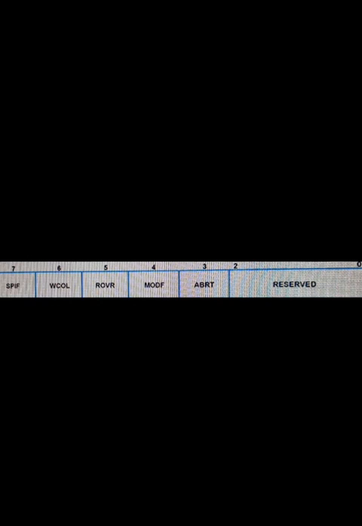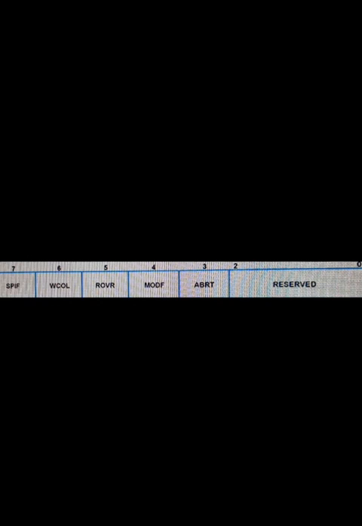Bit number 5 is the read overrun, that means ROVR. When the SPI read buffer already contains data to be read, and new data is received, but the available data in the buffer has not been read, then the newly received data will be lost, and the read overrun bit gets set. That means when this bit is 0, there is no read overrun, and when this bit is 1, it indicates that an overrun occurred. This bit is cleared by reading the register.